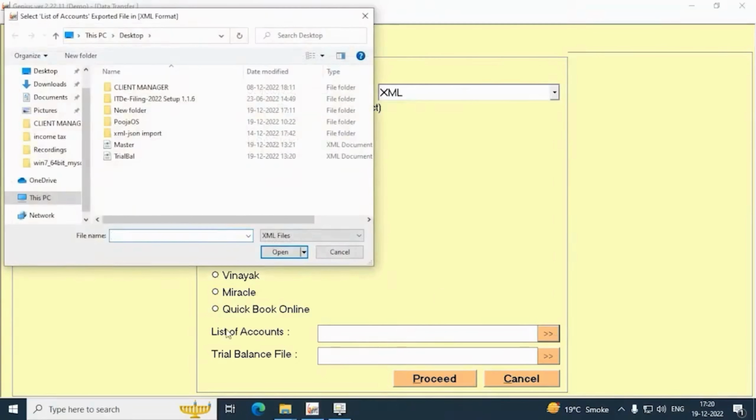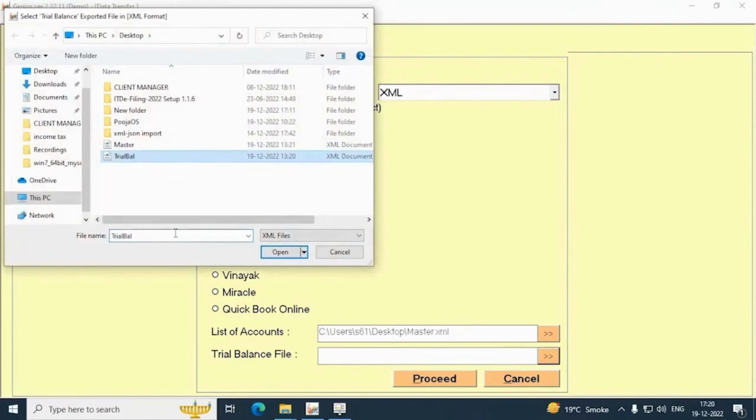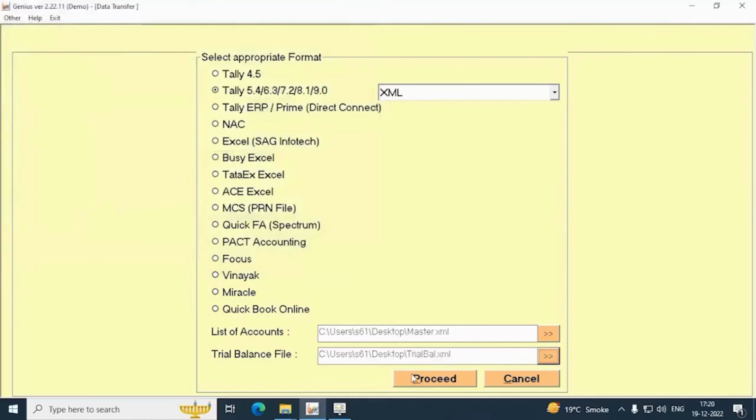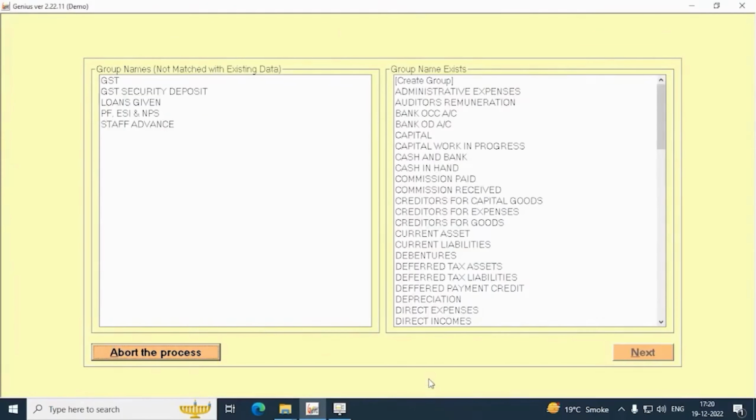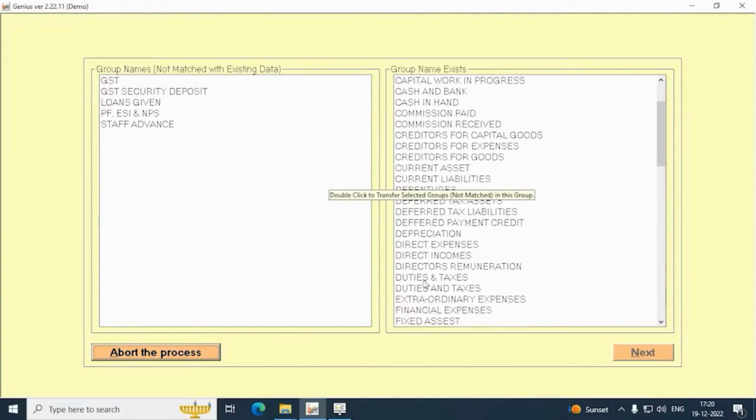First, we click on list of accounts and select the master file, and then we click on the trial balance file and select the file, and then we click on the proceed button. In this way, we can import the Tally data to Genius software. Now, first we have to map the data fetched from Tally to our existing fields.